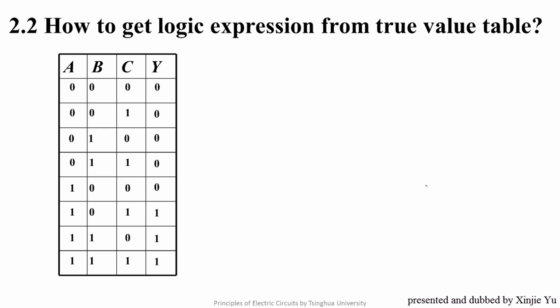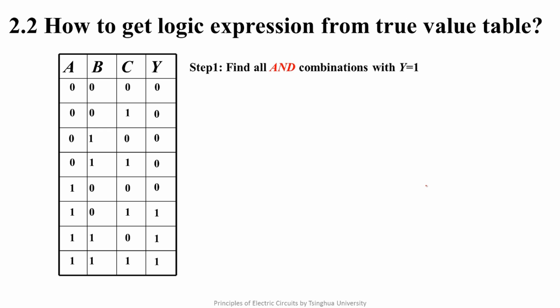Conversely, how to get the logic expression from the truth value table? There are also 3 steps. The first step is to find all AND combinations when y is 1. In the truth value table, we can find these combinations output is 1, which means